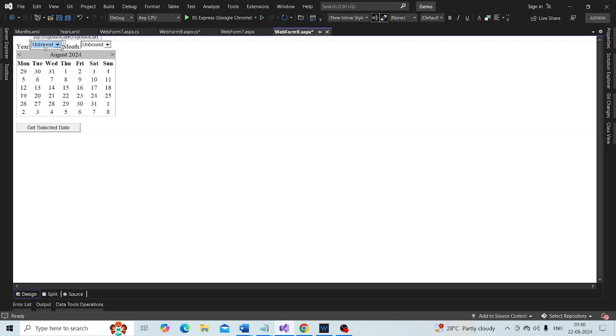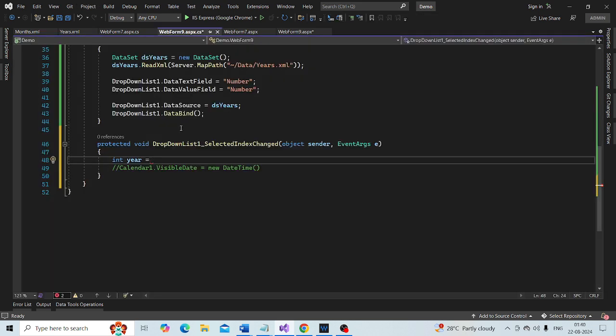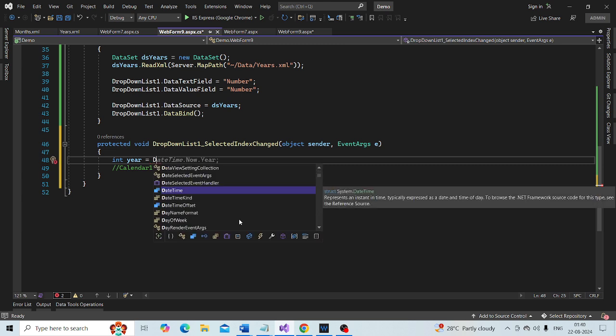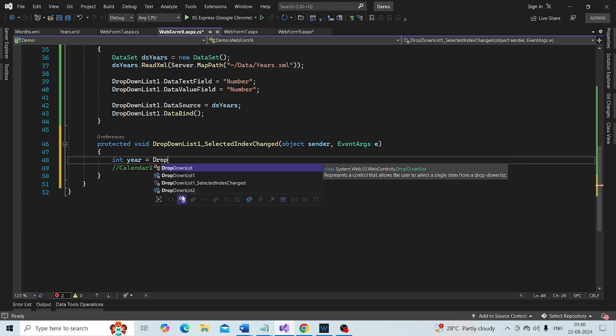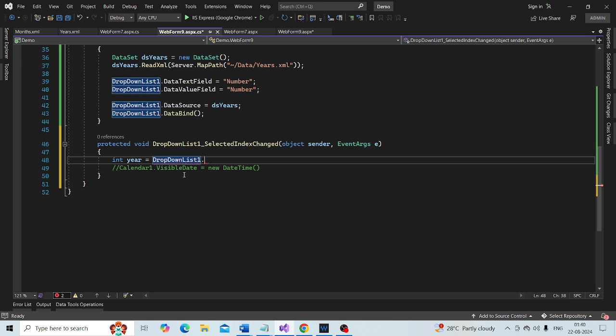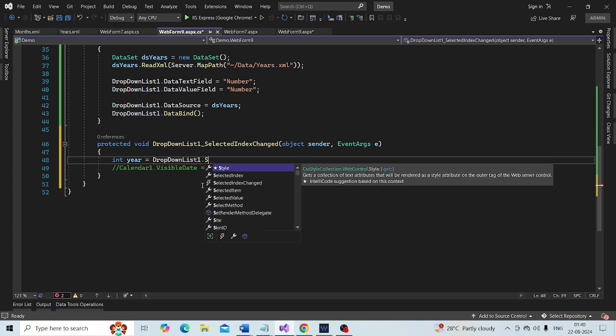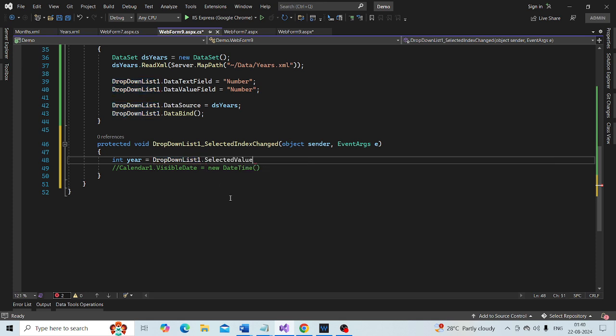So I am going to say DropDownList1.SelectedValue.